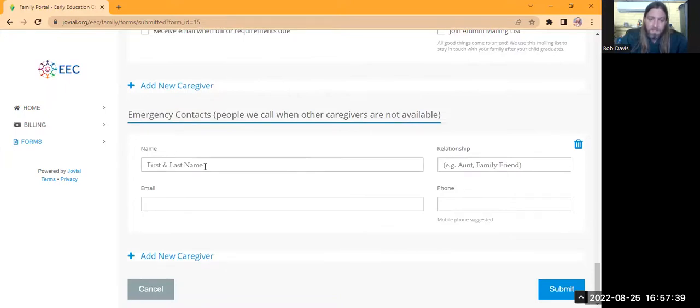Last but not least, this is where somebody else had problems. Oh, big pretend mother is, wait, no, mom is not an emergency contact. Mom is the first contact. If there's an emergency, I'm calling mom. If there's an emergency, it's because I can't find mom, and that's who I call next. So that might be like big pretend neighbor lady down